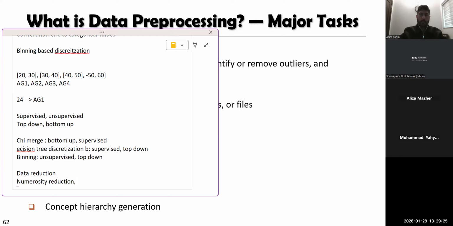That's one. And the other is dimensionality reduction. Dimensionality reduction. ठीक है। सो न्यूमरोसिटी रिडक्शन में क्या है कि नंबर ऑफ रोज कम कर रहे हैं, आपके ऑब्जेक्ट्स हैं वो आप कम कर रहे हैं। डायमेंशनलिटी रिडक्शन में क्या कर रहे हैं, नंबर ऑफ कॉलम्स कम कर रहे हैं, फीचर्स कम कर रहे हैं, डायमेंशंस कम कर रहे हैं। ठीक है। इन बोथ केसेस ऑफ कोर्स डेटा साइज छोटा हो रहा है।